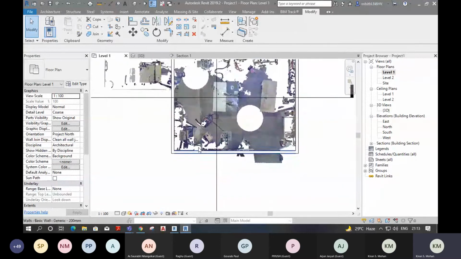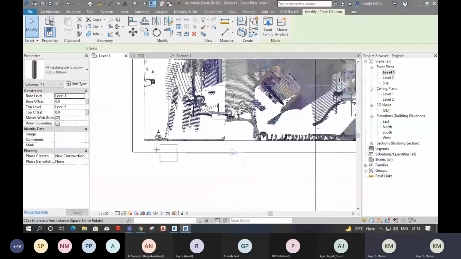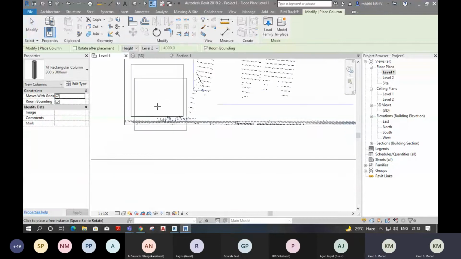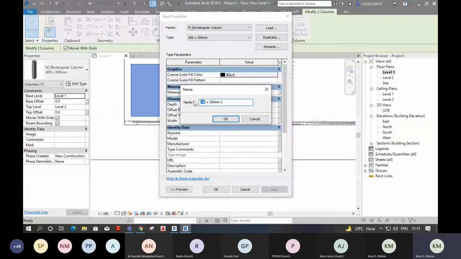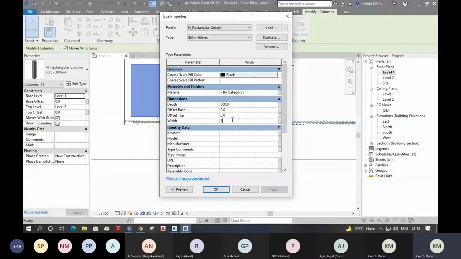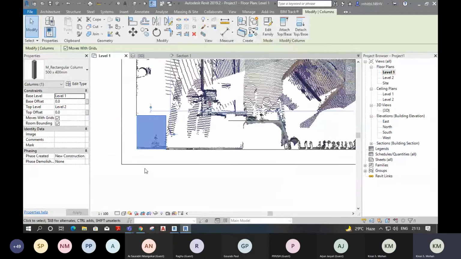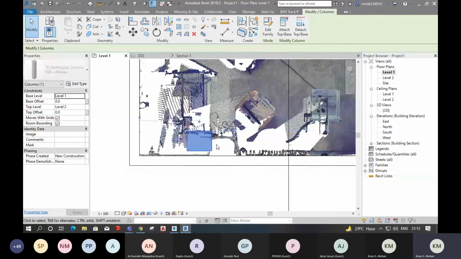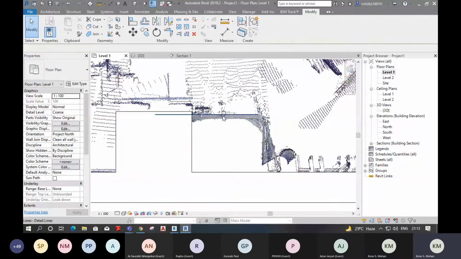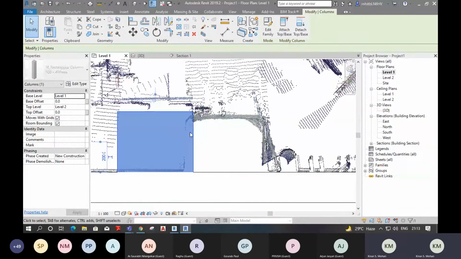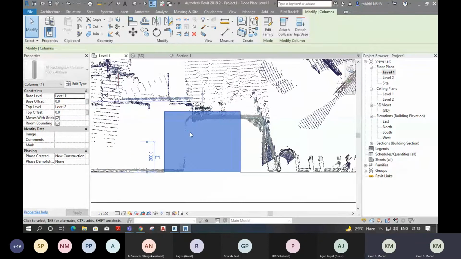You can duplicate this one. 400. You can align it with that point cloud data. It's almost aligned.